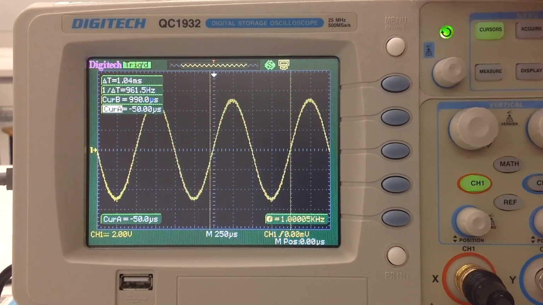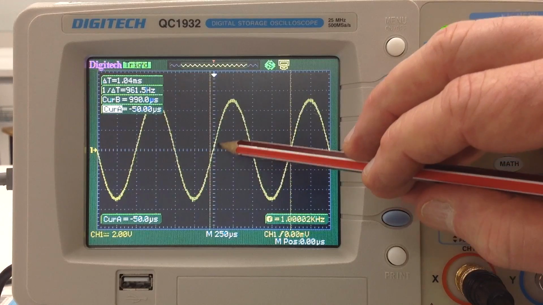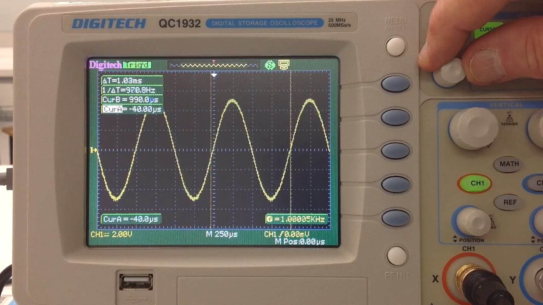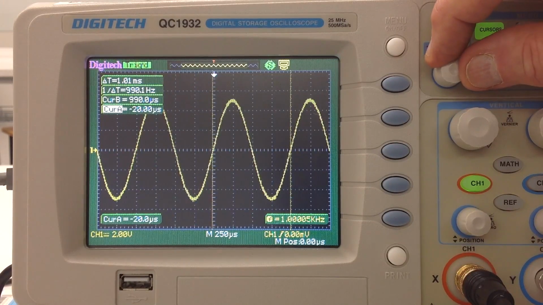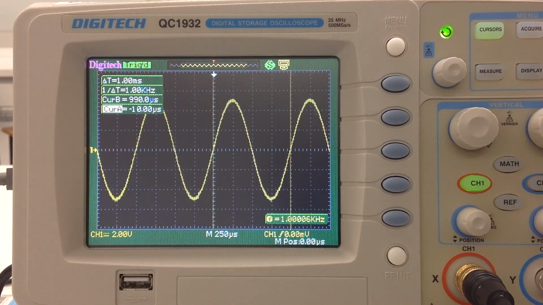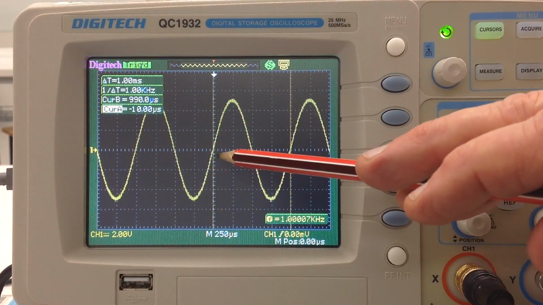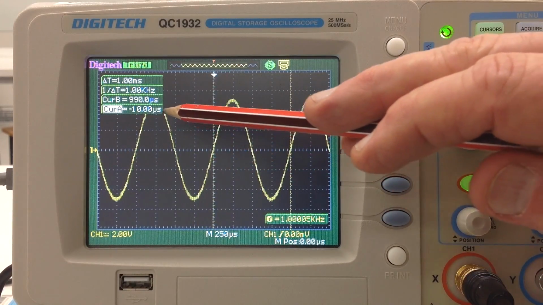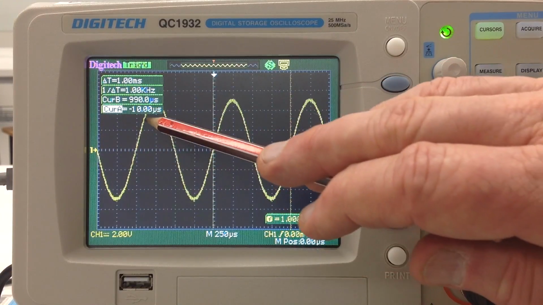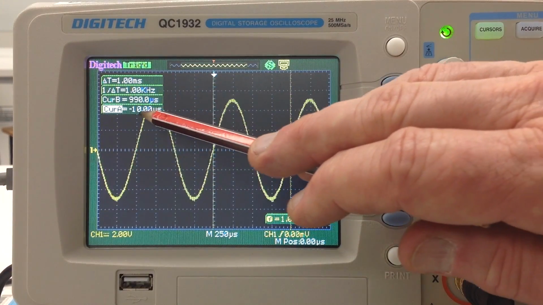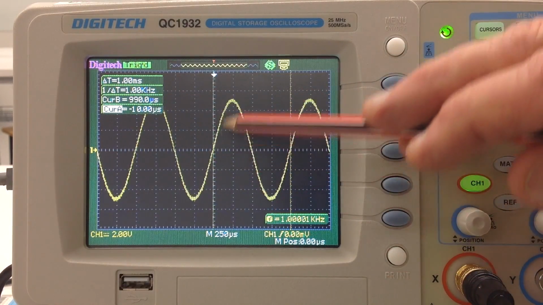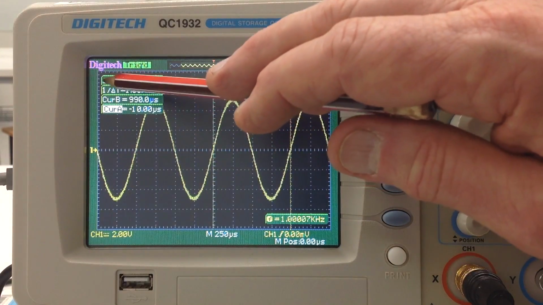One cycle of this, remember, is a full cycle of motion going through the axis, up to the top, down to the bottom, and up to there again. I will move that to where it looks like it's crossing that axis, about there. And it's telling me the absolute position of that cursor as well, which is cursor A on minus 10 microseconds. Cursor B is on 990 microseconds, and the difference between them is the important thing, the delta T, or